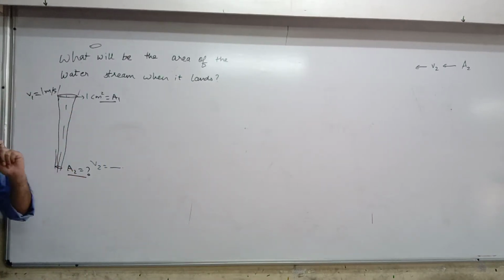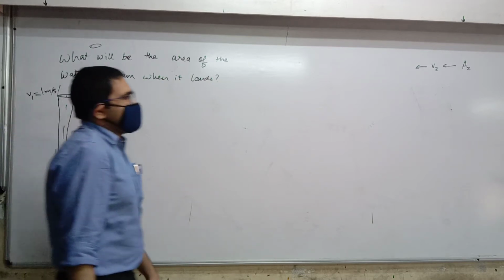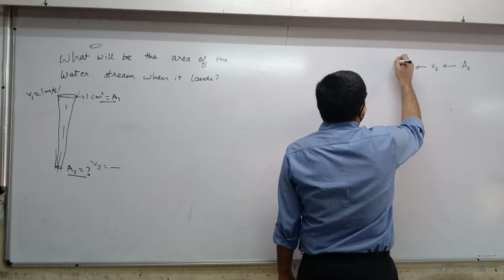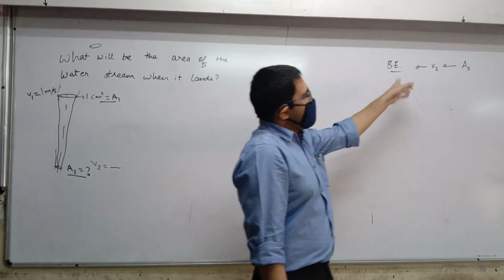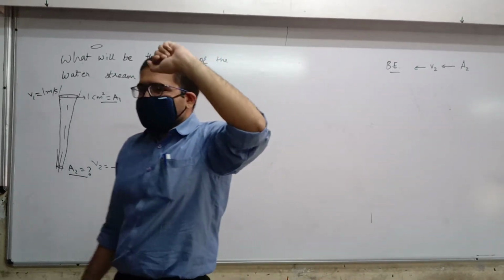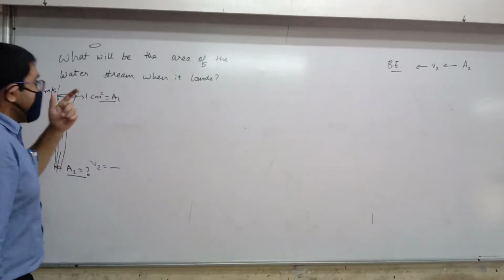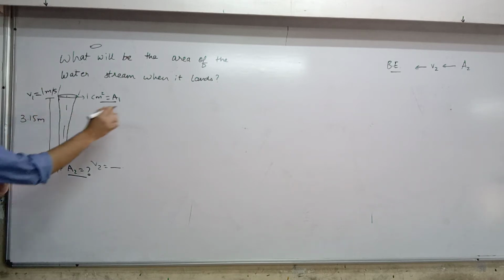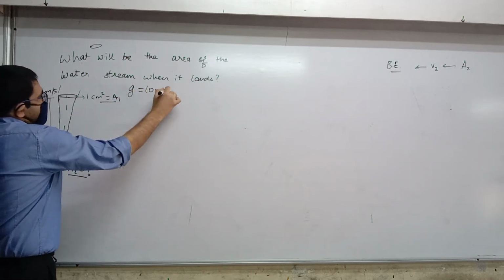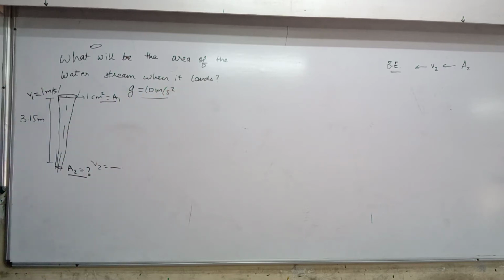So you will have to use the Bernoulli method. Is that fine? We have to use Bernoulli's equation. So from Bernoulli's equation, you find out V2 and then you find A2. Steps clear? Height also given. Yes, height is given. That gives you a clue what we should do. How much is this height? 3.15 meter. Take g equal to 10. You have 3 minutes to give me the final answer, and you may discuss with your friend. No problem. Make some noise, okay?